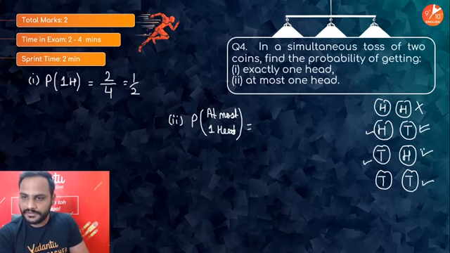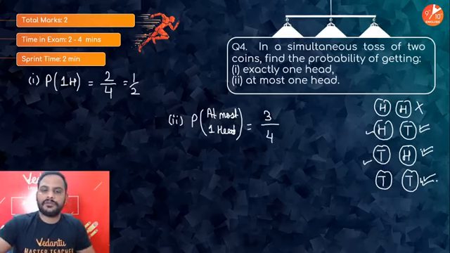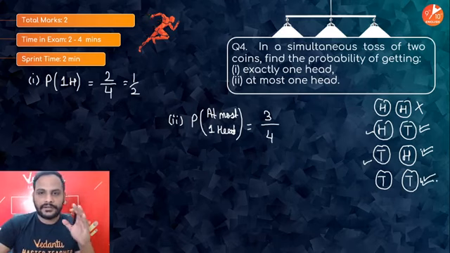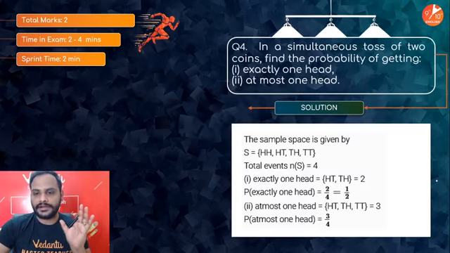And the second question will make 2 marks, so that you will get to know. So 3 cases are favorable out of 4. So 3 by 4 will be your correct answer. Alright, so it is very important to see what event they are giving. Focus on the event carefully and then you will be able to get the correct answer.